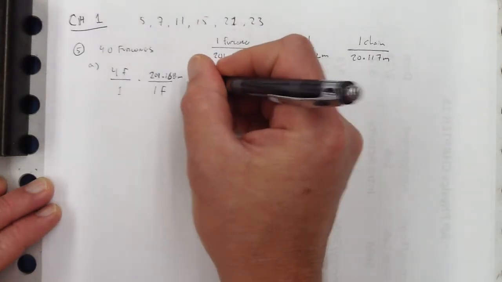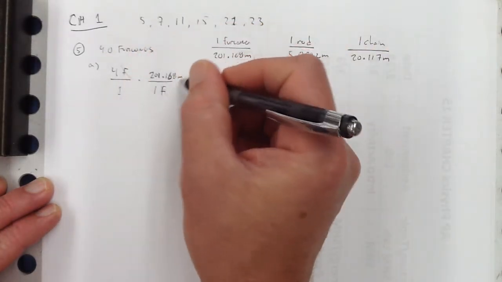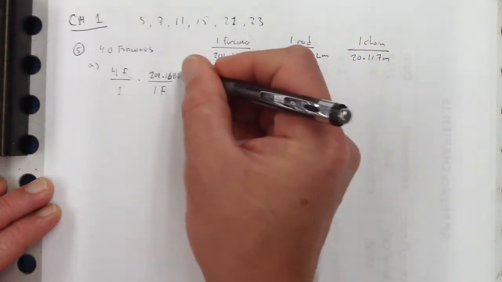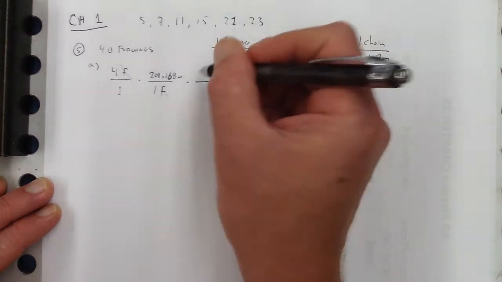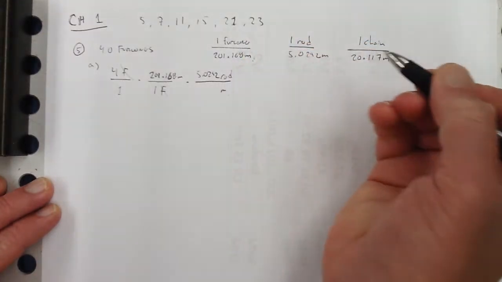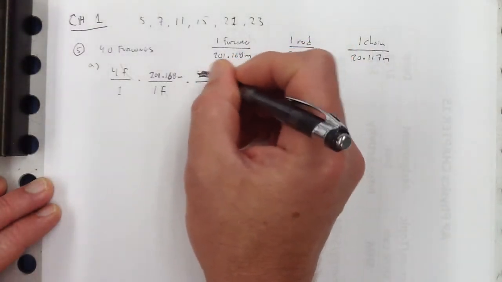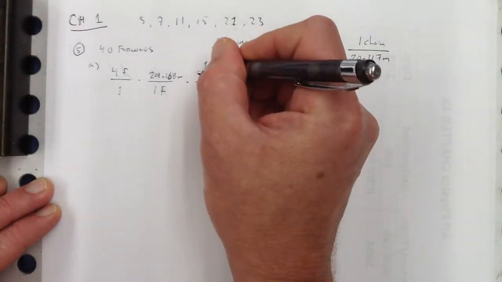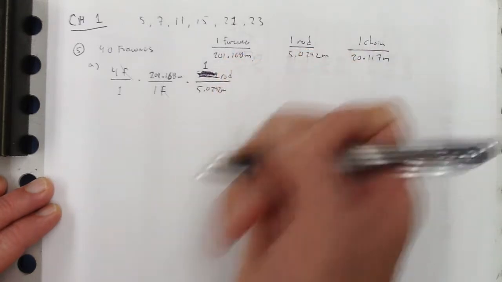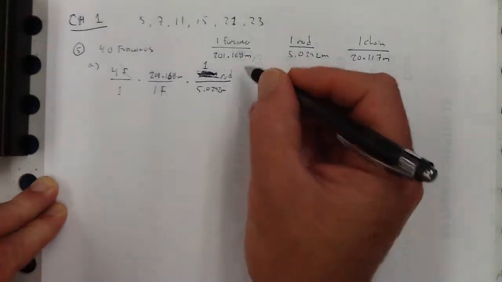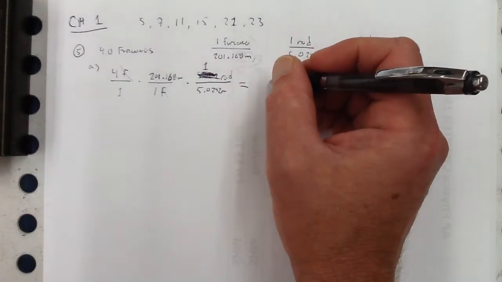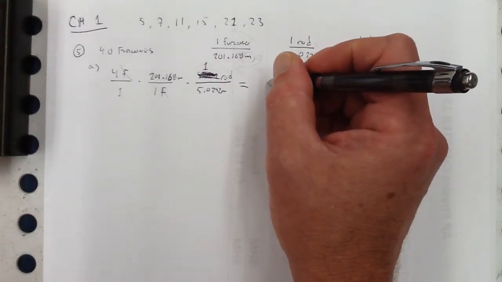And then now I've got meters, to get from meters to rods, I need the meters to be down here, so they cancel out, and 5.0292, oops, sorry, that's probably a pretty easy mistake to make. It's 1 rod is equal to 5.0292 meters. So be careful there. Don't make that mistake like I did. And then you multiply that through, and you get the answer, which is, let's see, 160